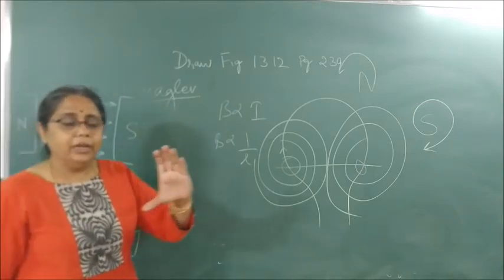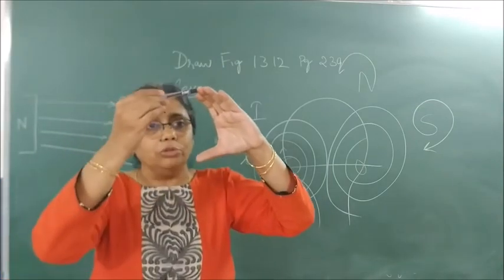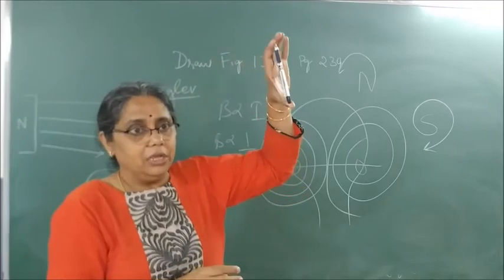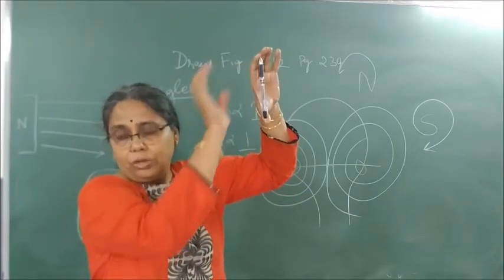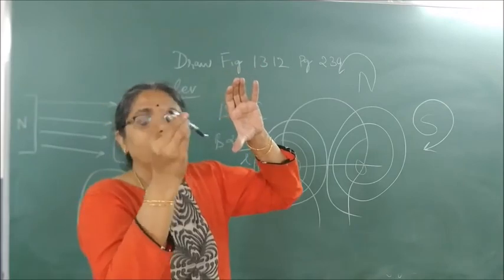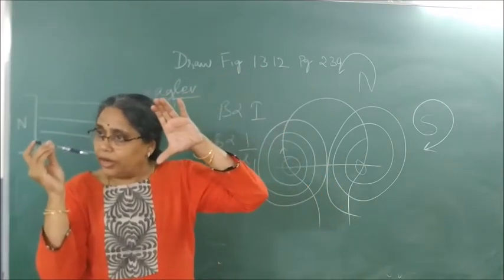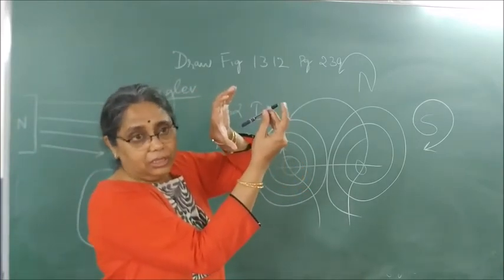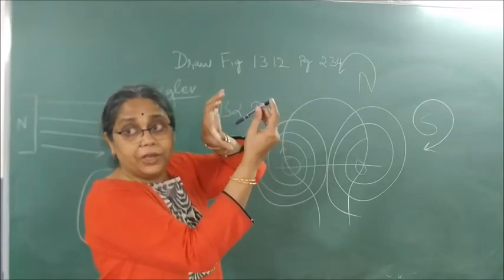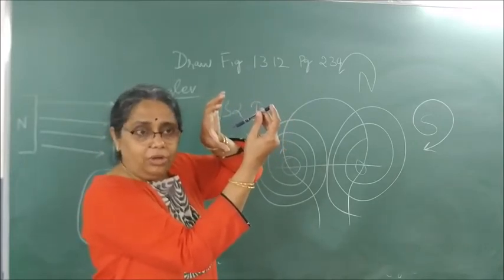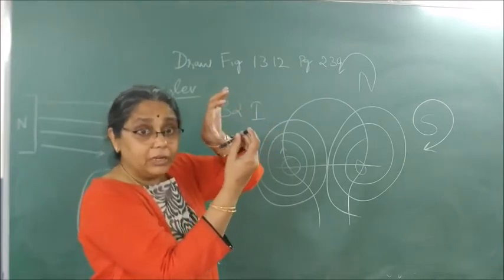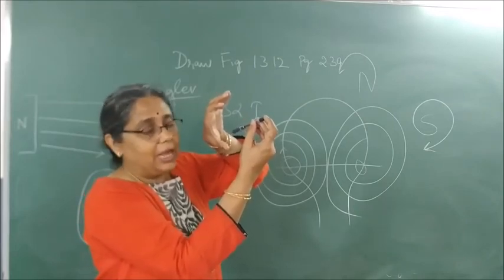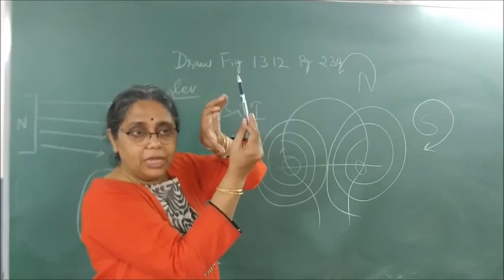Once again, what I did, I took a horseshoe magnet with the south pole on the top and north pole below. The magnetic field is perpendicular, moving from north to south. I bring a small aluminium rod which is connected with a cell or a battery using wires. You place them in an inclined plane. Switch on the current. This current carrying conductor now behaves like a magnet and generates its own magnetic field, which comes in contact with a stronger magnetic field generated by the horseshoe magnet. As a result of it, it experiences a force and jerks off.